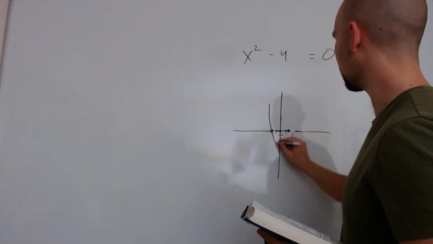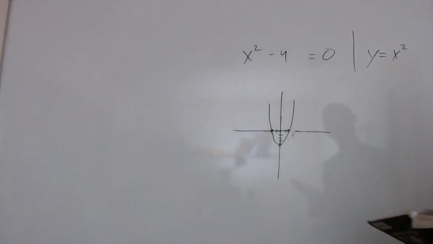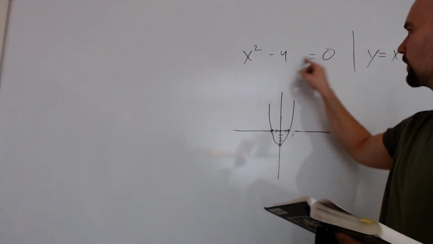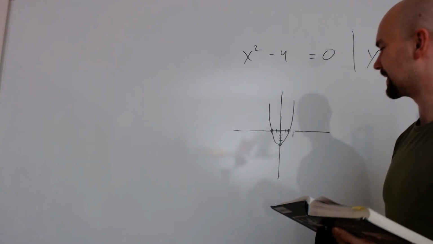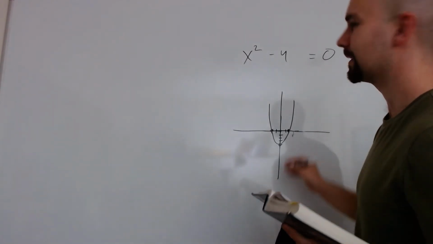And our parabola is going to look like that. Because if I have 2 squared minus 4, that does equal 0. If I have -2 squared, that's 4, and minus 4, that does also equal 0. But if I have something like this, x squared